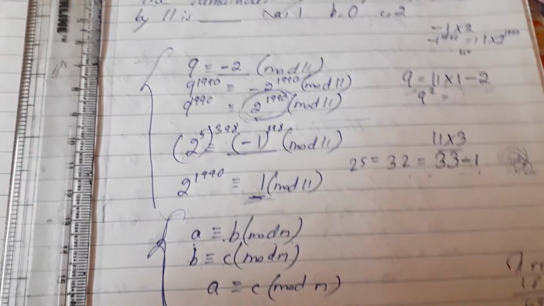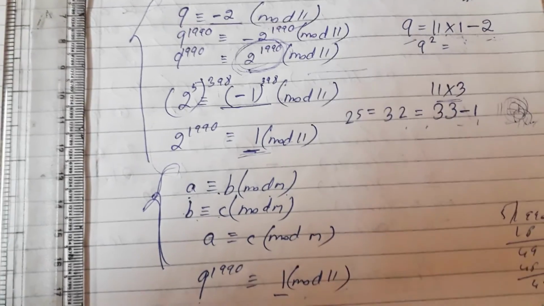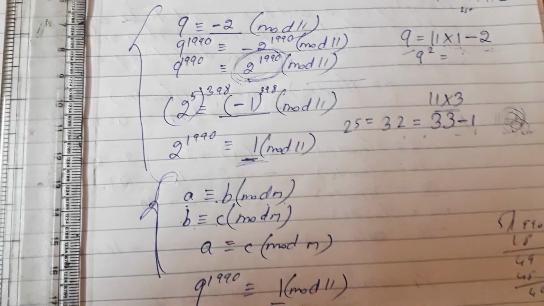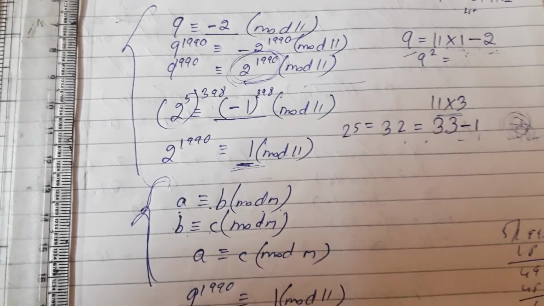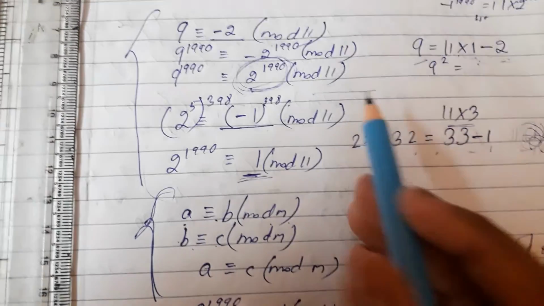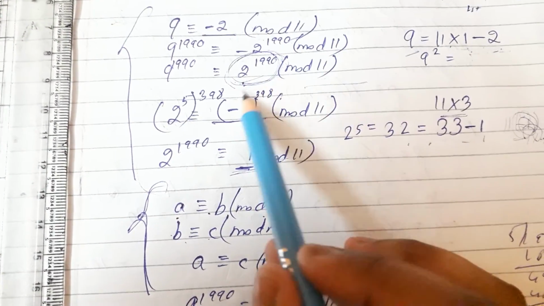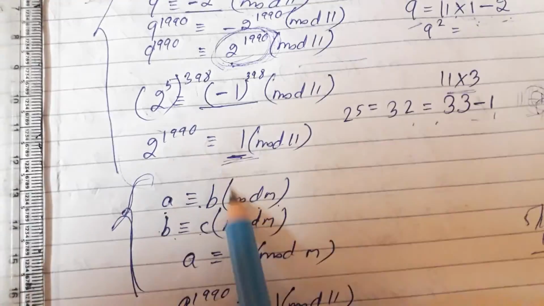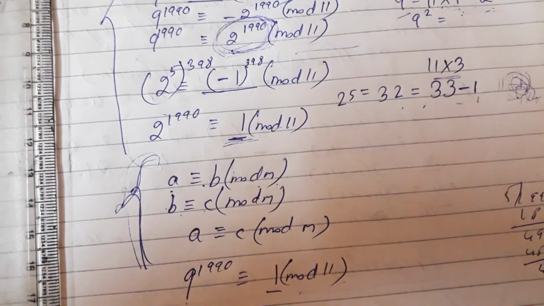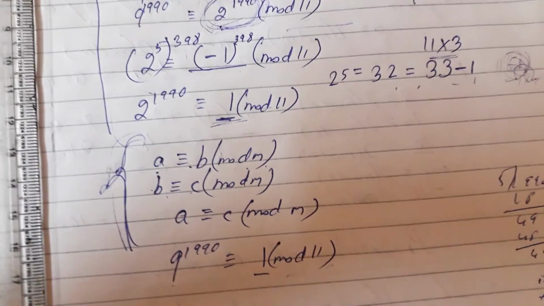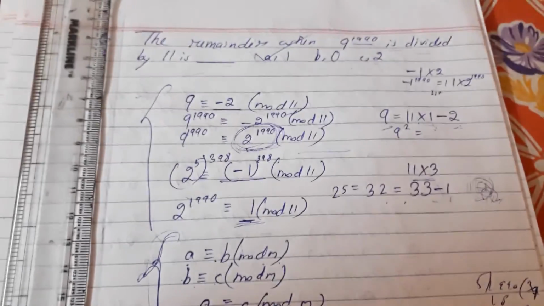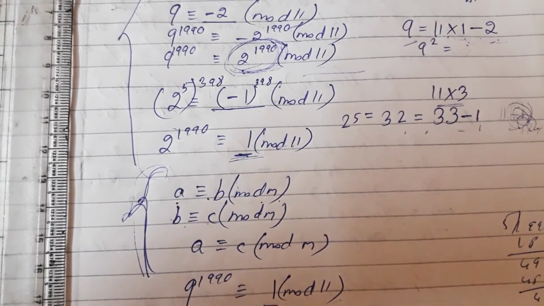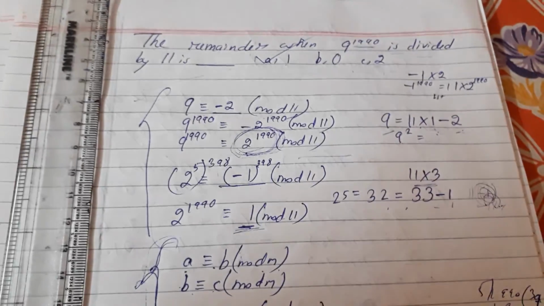Always remember the properties very carefully. Always try to bring 1 and minus 1 here, and if you cannot get it, then in that case go with the second option. By using the second option, if we get this type of large numbers, then please reduce those large numbers in this way. Take the format of the first property of congruence modulo, and you will get your answer. So this is the last sum, and I think you have understood why this sum is different from the above. So today up to this.